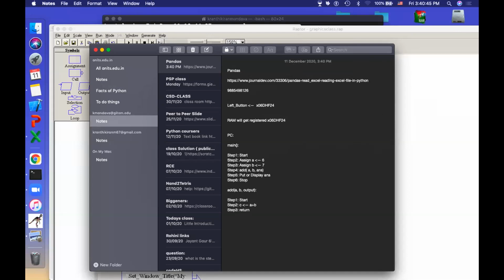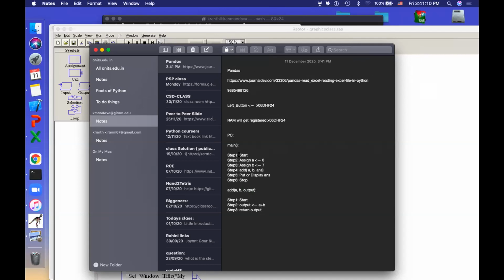Okay, return in the sense when something is calling and the return is C. Okay, the return is C, so naturally the C will be returned. So instead of C, I think we have written it as output. The name is output, so I will write output here, and return output. That's all. That's the end of this pseudocode.